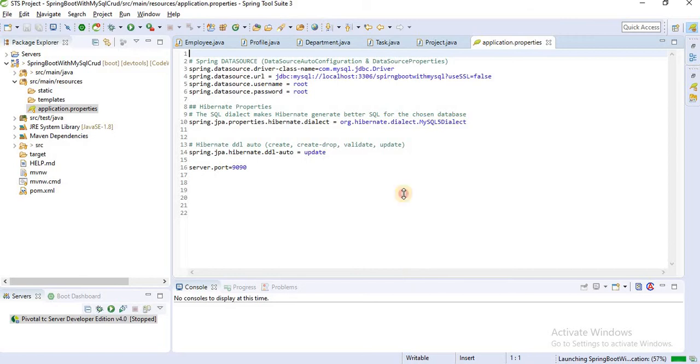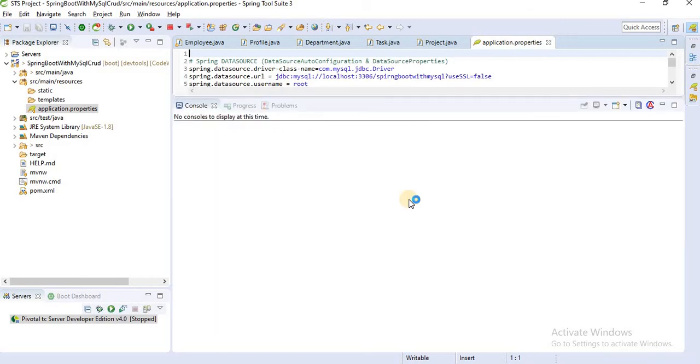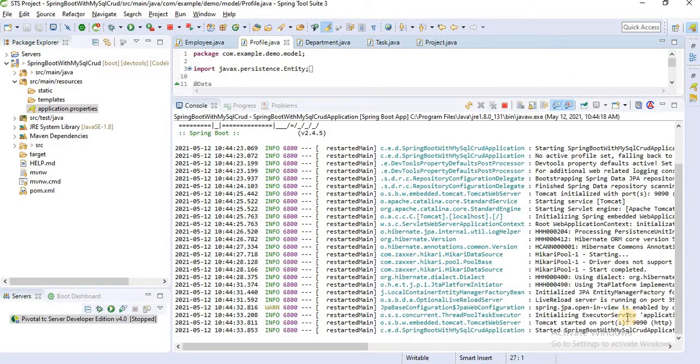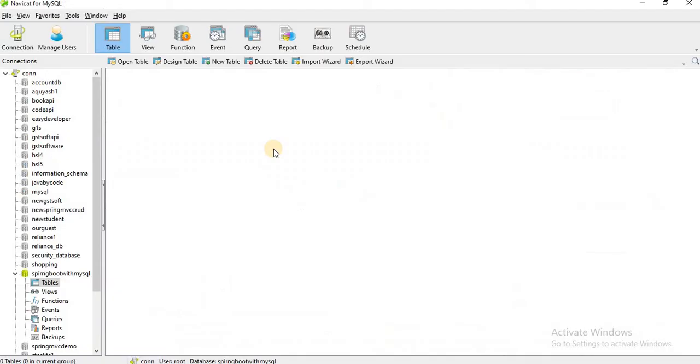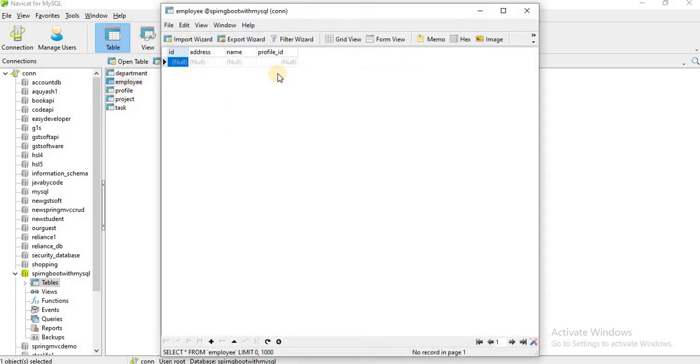Run your application. It's running as a Spring Boot application. Our Tomcat started on port number 9090. Let me check inside the database. You can see here department, employee, profile, project, task. Earlier we defined the employee and profile mapping, so the employee table should hold the profile id.